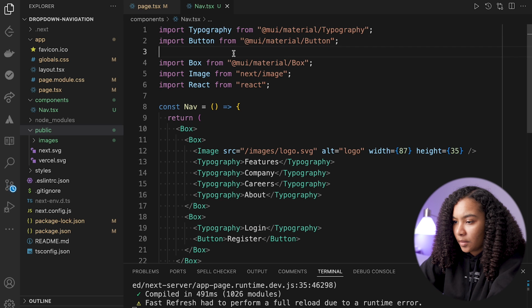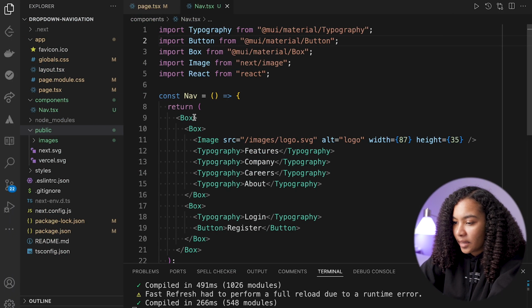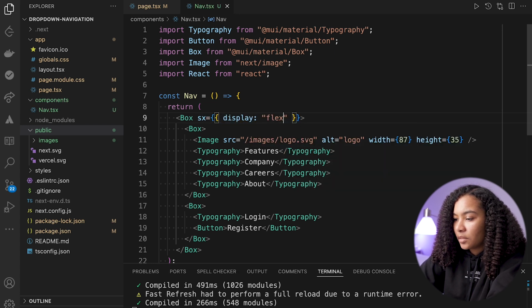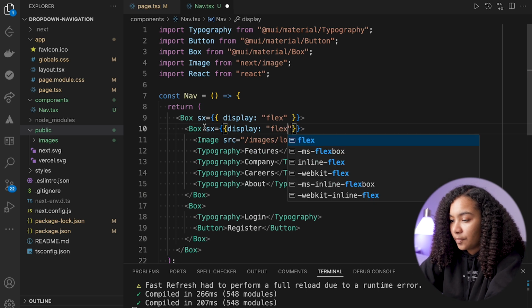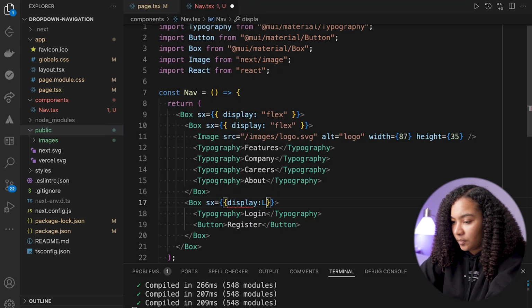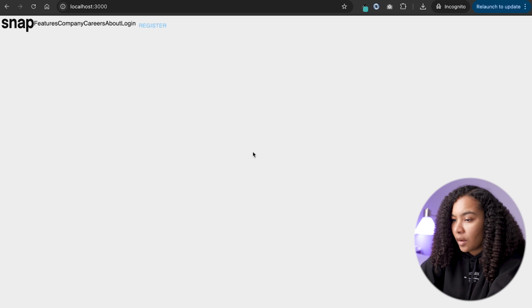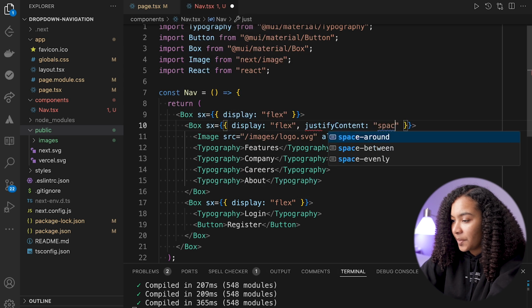Cool, looking good. Awesome, so we have all of that laid out. Let's go ahead and style up this box a little bit better. So we'll turn it into a flex box, first of all, so that everything falls into one line, and then we'll turn these into flex boxes as well. And save that. Okay, awesome, looking good. And then, as I said, I want to separate these two. So I'll say justify content is going to be space between,